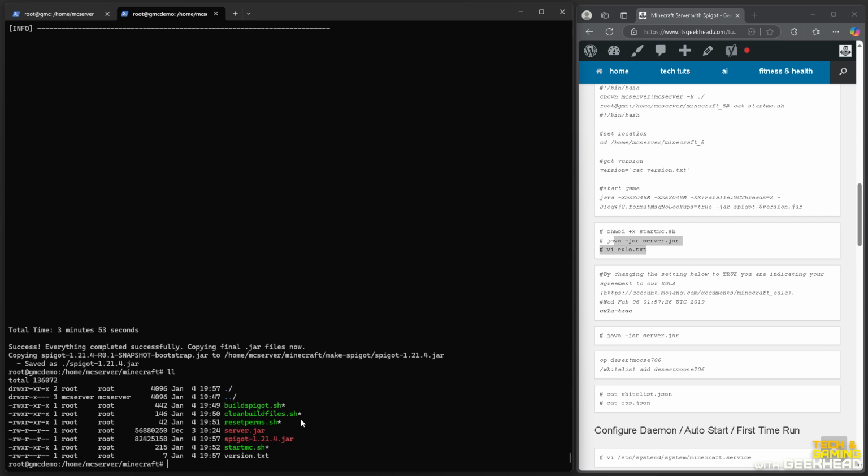Spigot jar. So it does look like the clean build files script is not necessarily needed, frankly, because there's nothing left over here. There's no remnants, and I'm assuming that's because the build was successful. Maybe when the build fails, you have a bunch of remnants left over. So I don't know if that clean build script is necessary, but you can keep it there if you'd like to, so it's up to